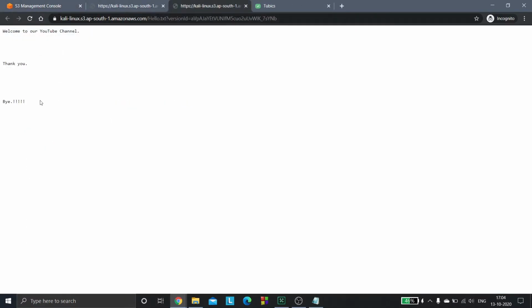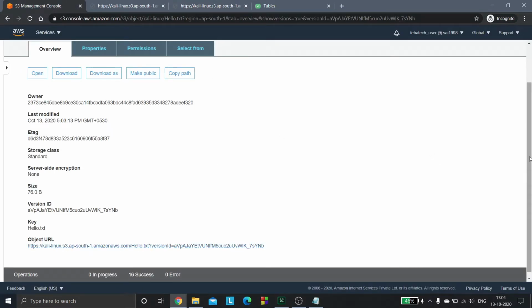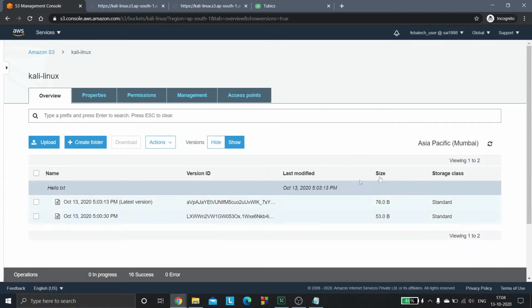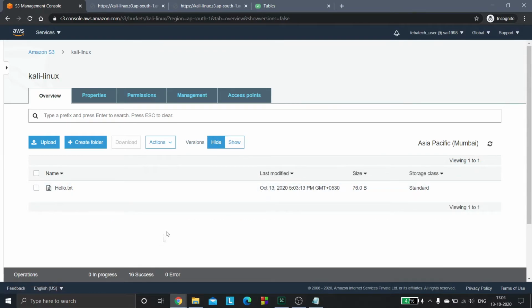This is the latest version and we have the modified content. The latest version is 76 bytes, and when the versions are hidden, you would be redirected to this, and here also you would see 76 bytes. This gives us a simple conclusion that the file you are seeing here is the latest version of the file.